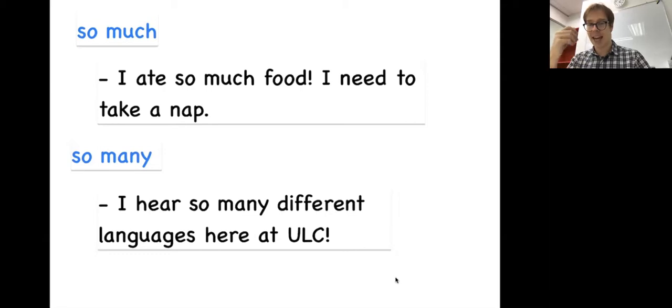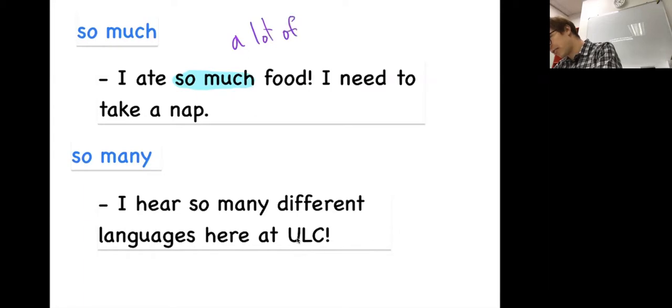So here it says, I ate so much food, right? If you say, I ate so much food, what's that feeling? It's a big way to say a lot. It's a way to show that something is a lot, right? So I ate so much food. Definitely, I ate a lot of food. I ate so much food, I need to take a nap, right? That feeling. Or the next one, if I say "so many,"